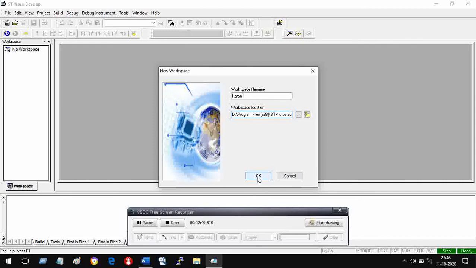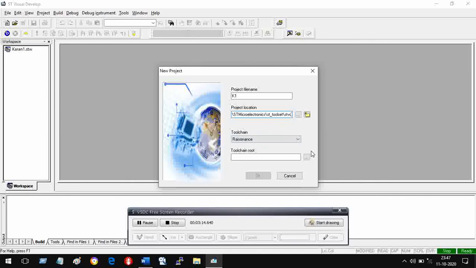So next step is, you have already given a name to your workspace. It's called Karan1. Okay. Then it asks what is the project file name. So I will say K1 is my project file name. Where it is located, you can again see where it is located. You can see here.